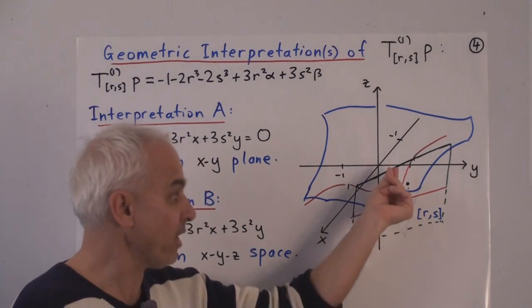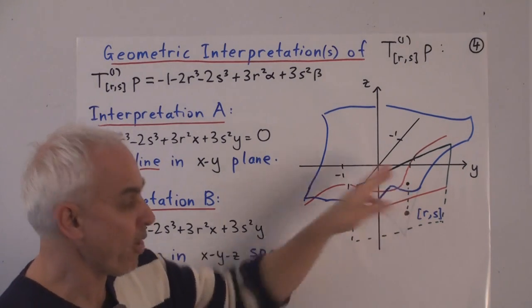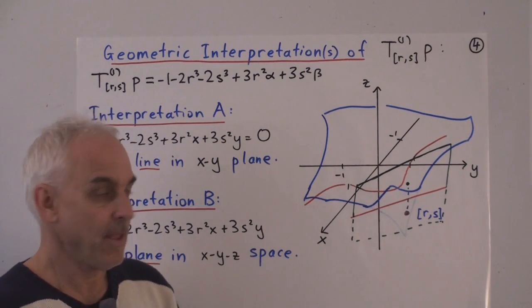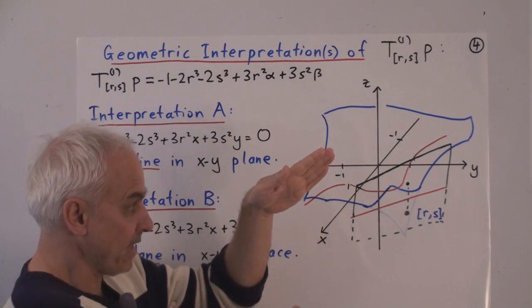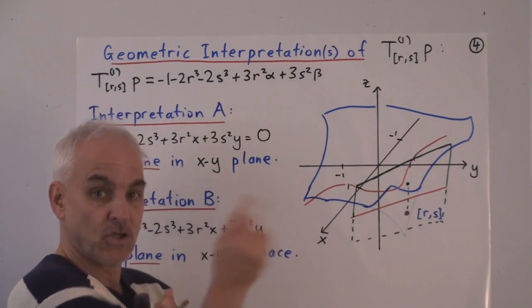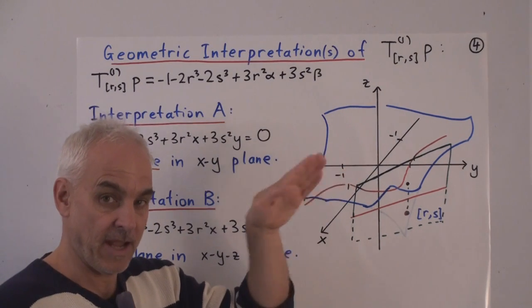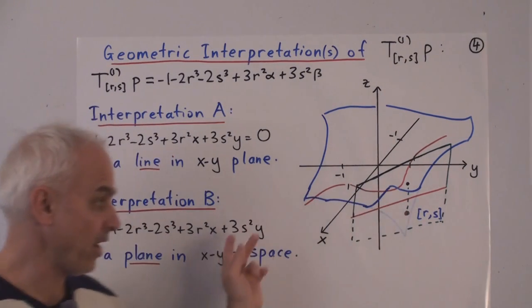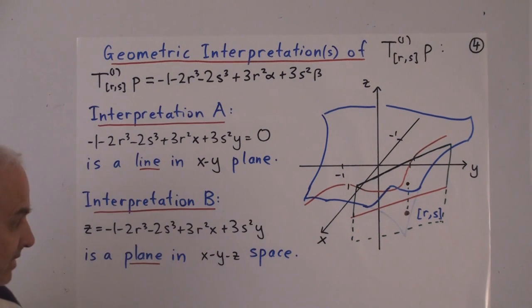And above this point, or below it perhaps, depending on where you are, in this case above this point, there will be a point on the surface. And that surface is inclined in a certain way above the point (r, s), and there's a tangent plane to the surface at that point. And it's that tangent plane to the surface at the point above (r, s) that we are calculating here. If we set it equal to z, this is a linear equation in x, y, and z that represents a plane in three-dimensional space, which is exactly the tangent to the surface.